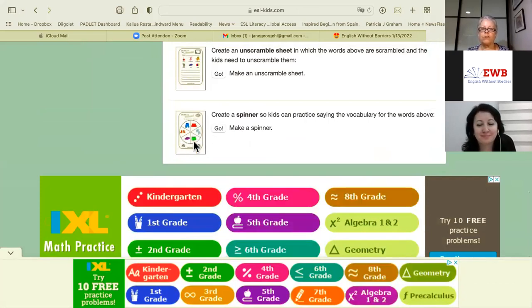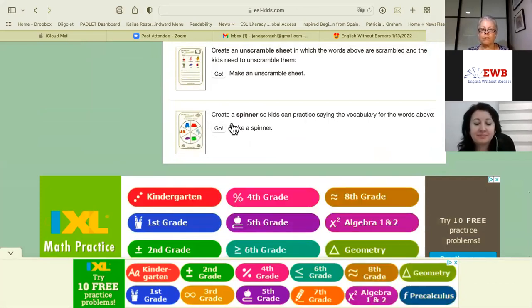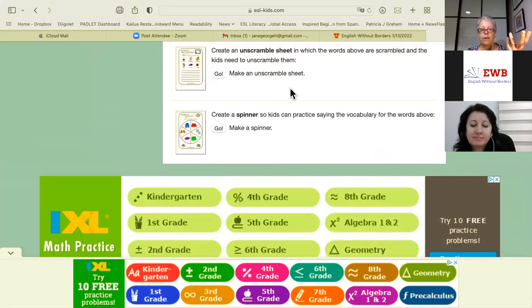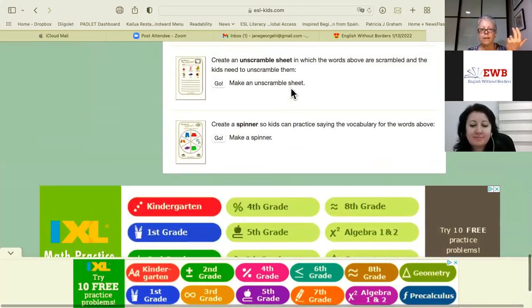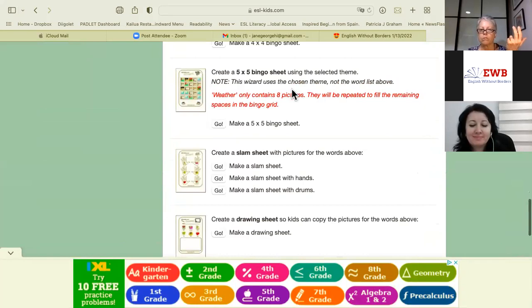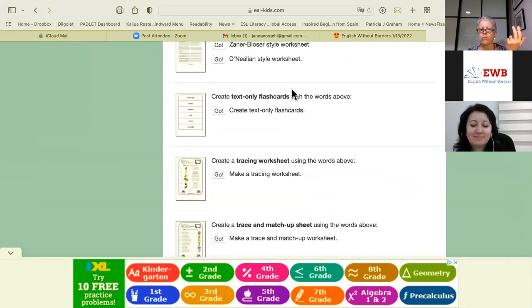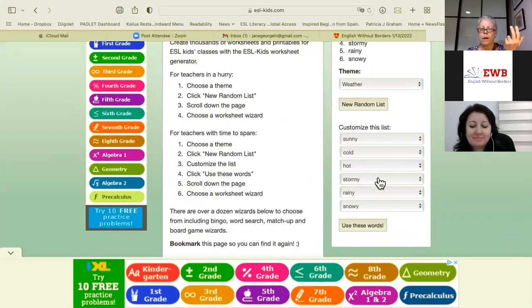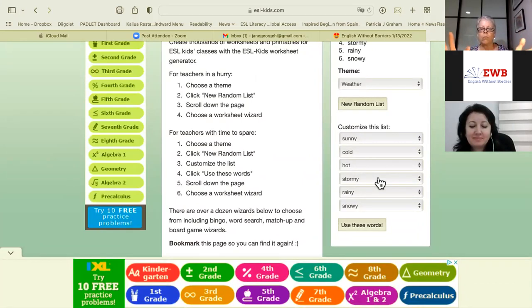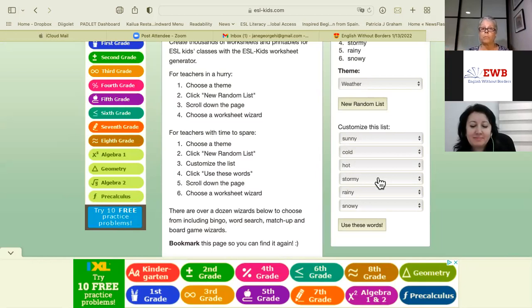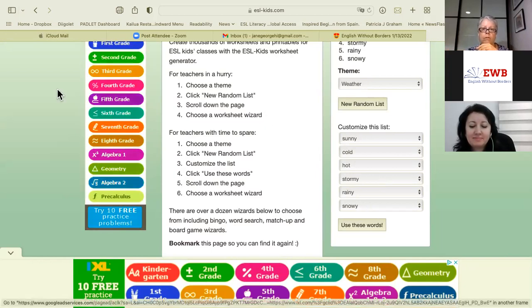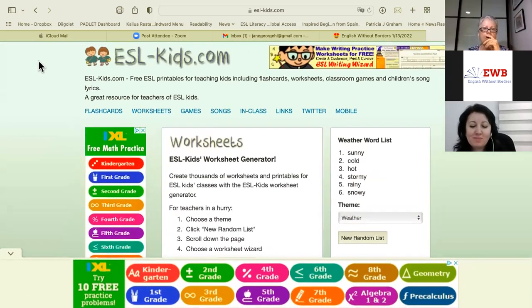You could put WH questions. What is the weather like today? What kind of clothes do you wear when it's cold? I think this was weather words. Yes. You can make, how did you feel in the last storm? You can make questions that go with the spinner to get them talking more. Okay, so